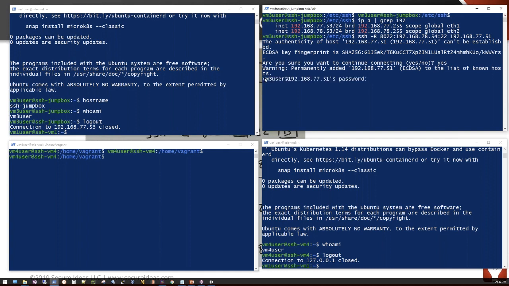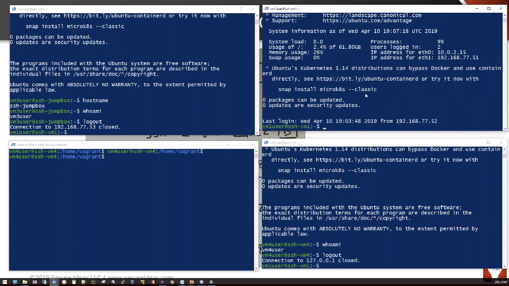It's going to ask, and it's going to say VM3 user, because again, it's going to take whatever our default is here and assume that that user is going to be on this other machine, which is not the case. Again, I'm doing this on purpose just to hammer it home that the context, when you not only create the tunnels, but when you try to connect to them, that matters. All right. There we are. So now we have our tunnel, and since I'm already on VM1, which is where I want to connect to anyway, if I do my netstat,